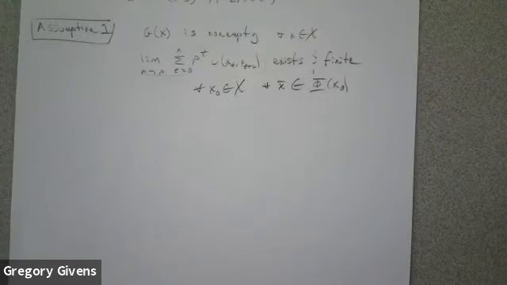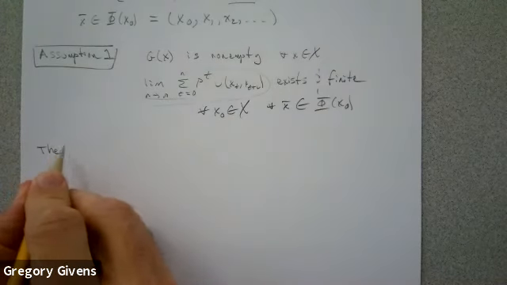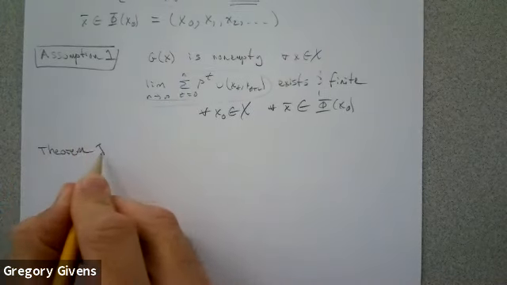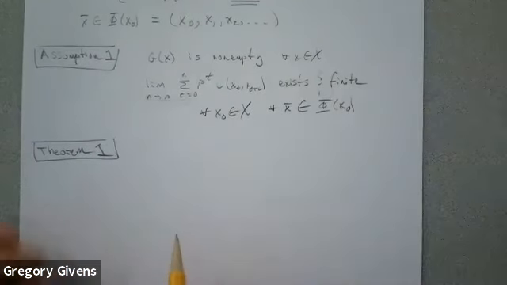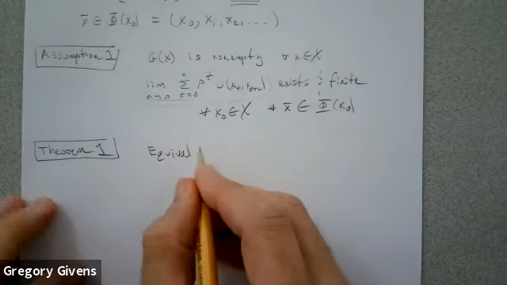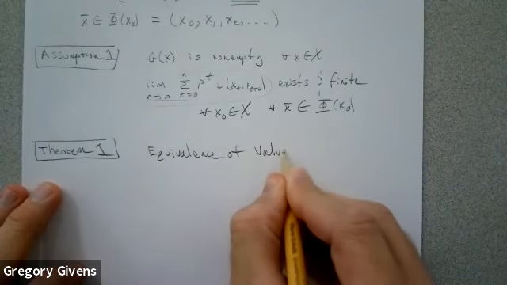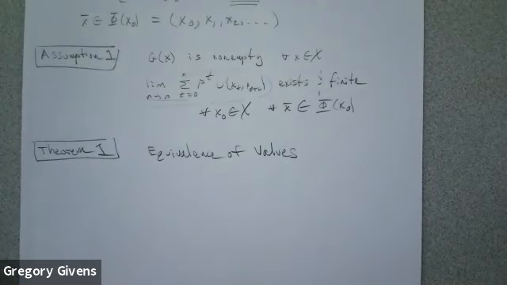Assumption 1 is the only one on our list of assumptions that is needed to establish Theorem 1 in dynamic programming. That's what your textbook author characterizes as equivalence of values. Okay. Suppose that assumption 1 holds. So G is non-empty and the lifetime objective function exists. Then for any little x in big X,